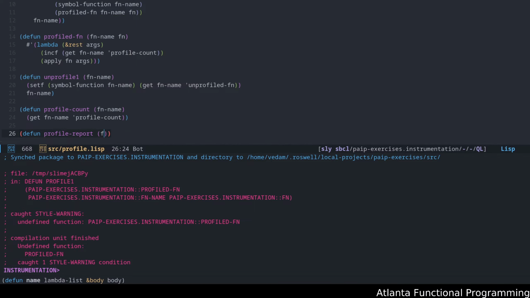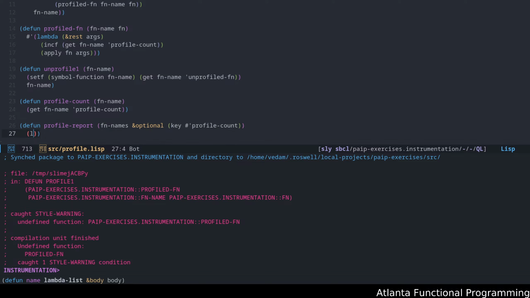It takes a list of function names and an optional key that will default to the profile count. All this is doing is looping for name in, sort, function names based on key.